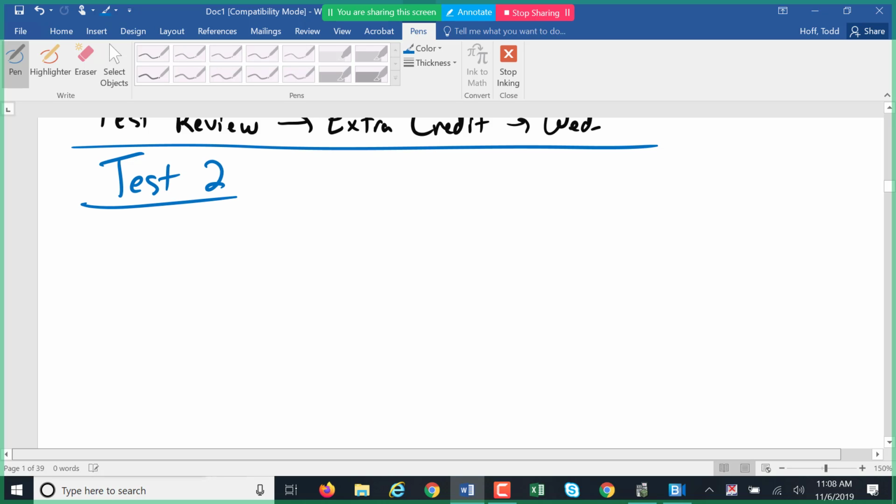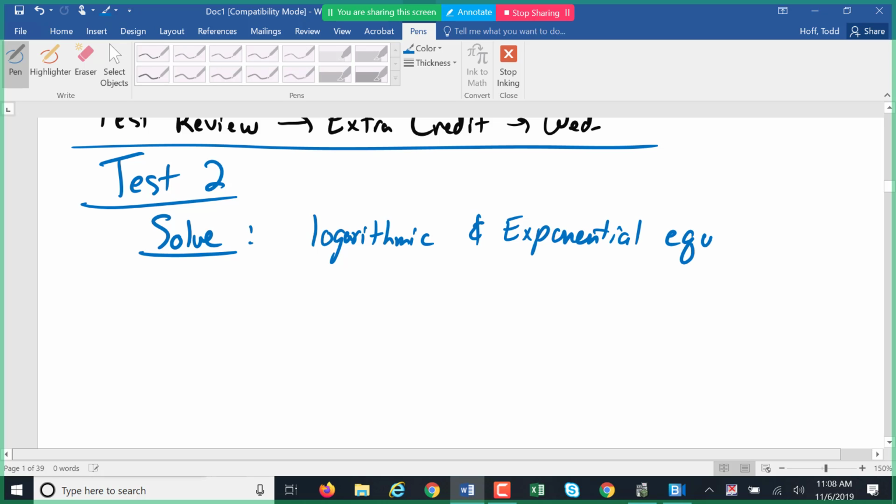Our topics that you will need to make sure you remember how to do: solve logarithmic and exponential equations. So using a log to undo an exponential or using an exponential to undo a log. You need to be able to solve